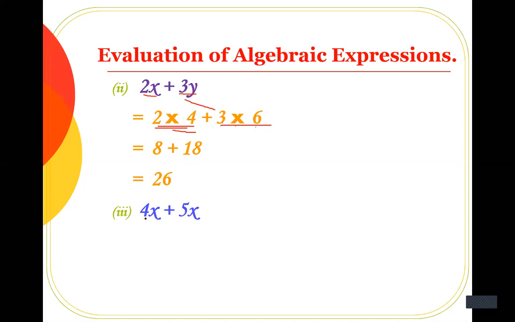Just suppose here you have 4x plus 5x, same question as question number 2, but now I'm going to tell you the correct way to write it down in algebraic form. How will you write it? 4x means 4 is multiplying with variable x and 5 is multiplying with variable x. So when you replace the value of x with 4, you will write the value of x inside the bracket. Instead of writing multiply by 4, you will write it down inside the bracket. So this is the way.